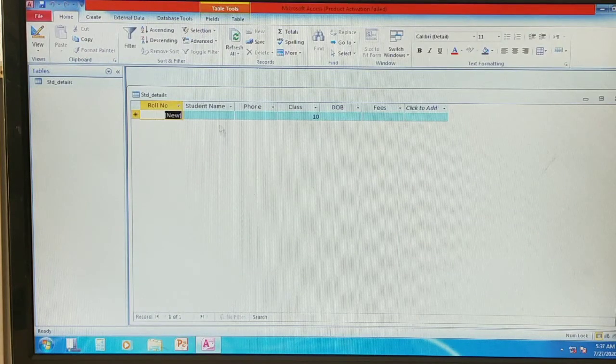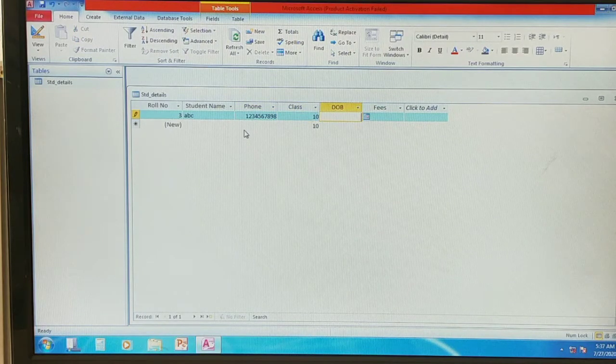What I told you is that the primary key should not take null values, and should not accept duplicate values. So practically we will check it. For student name I will enter ABC, and then phone number. Next, class, 10th class.